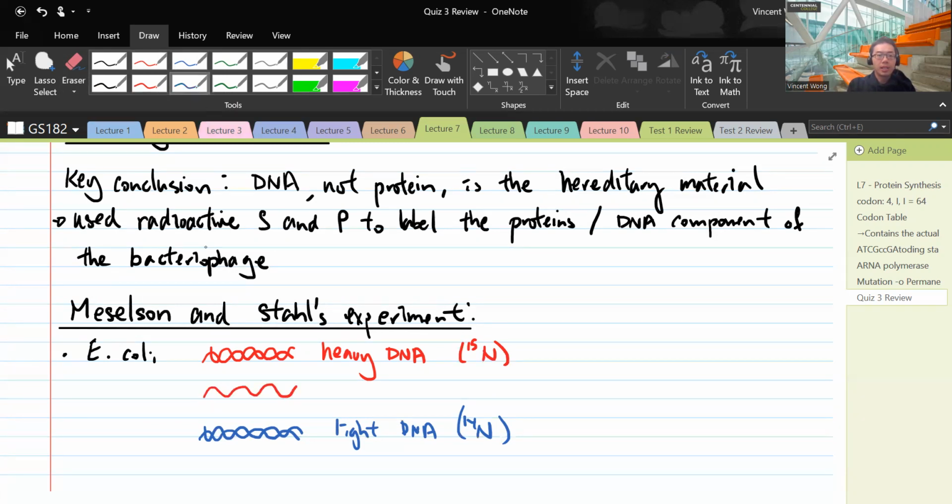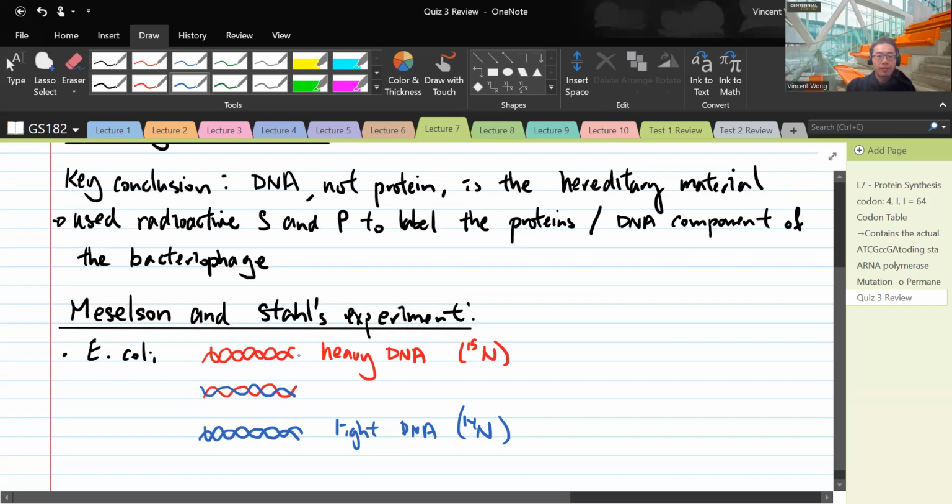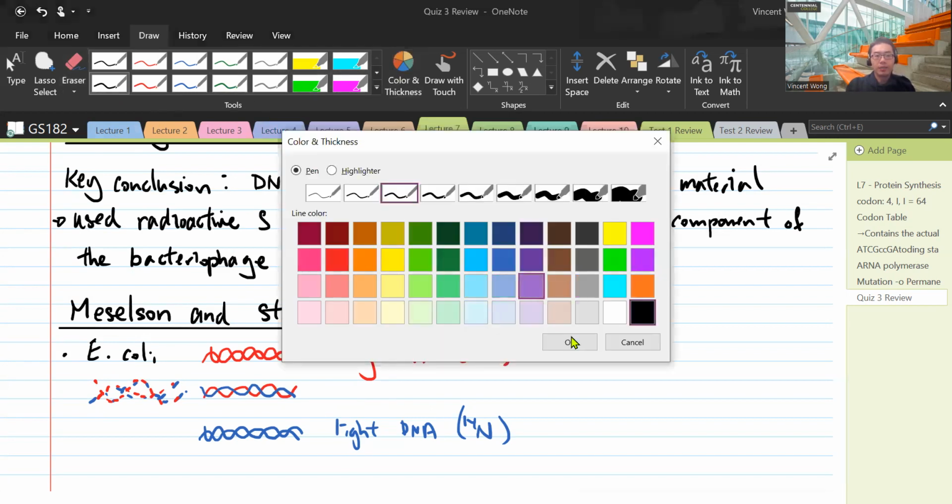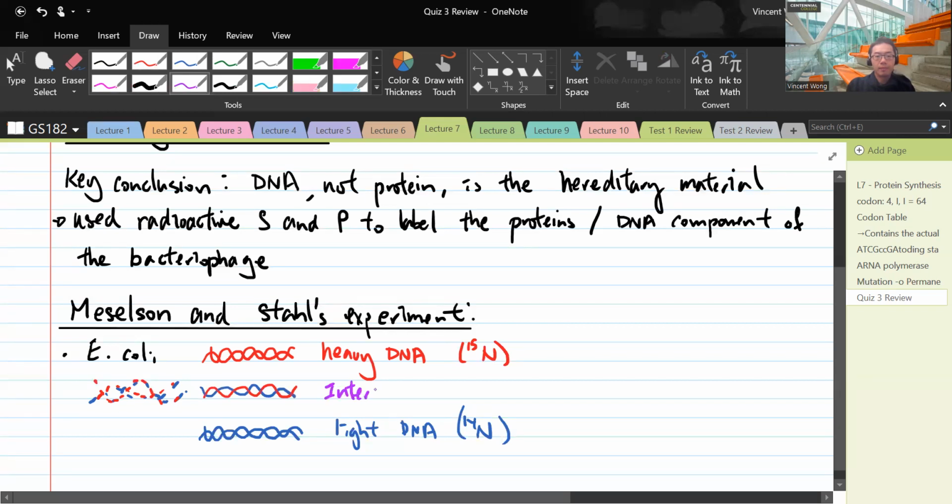Okay, so whether it's semi-conservative like that, or dispersive like that, the idea is you would have DNA that is a mix of heavy and light DNA. So we can call that intermediate DNA, right? A combination of 15 and 14. Intermediate as in the weight being intermediate. All right, and so